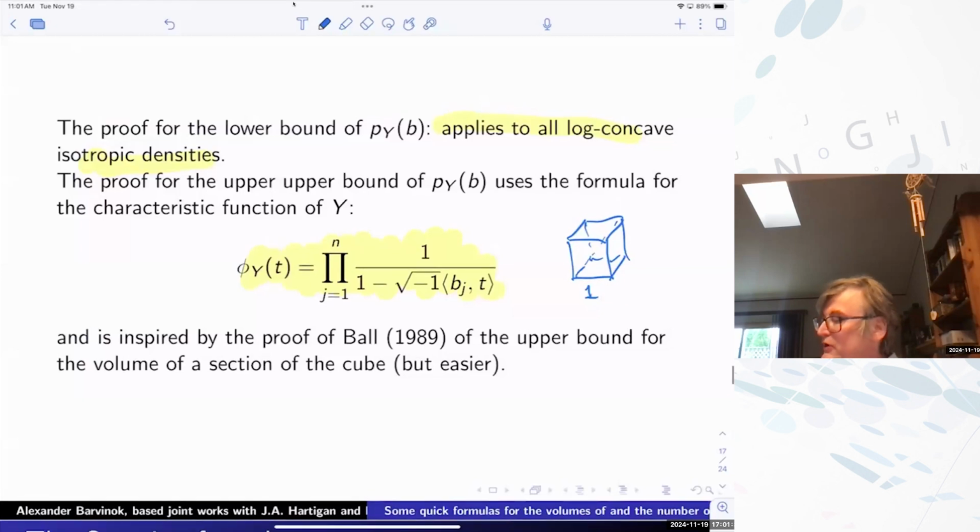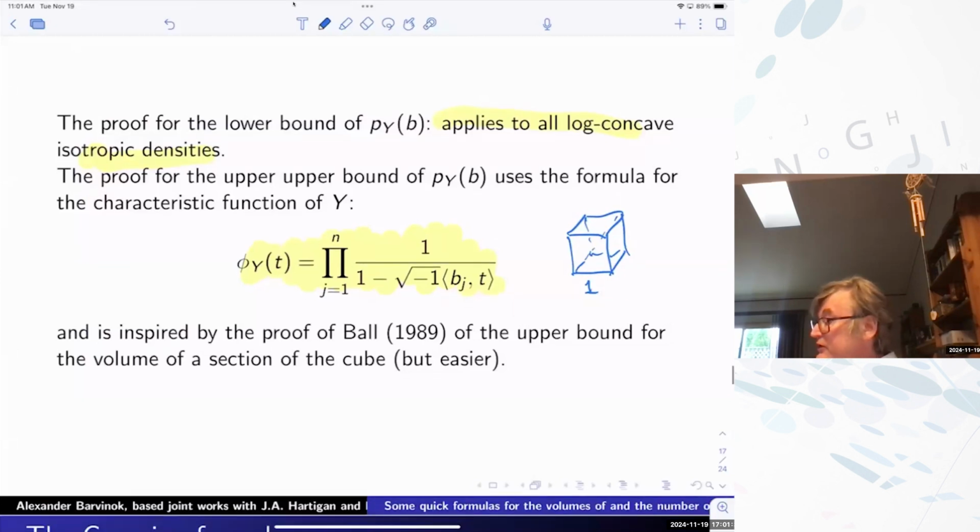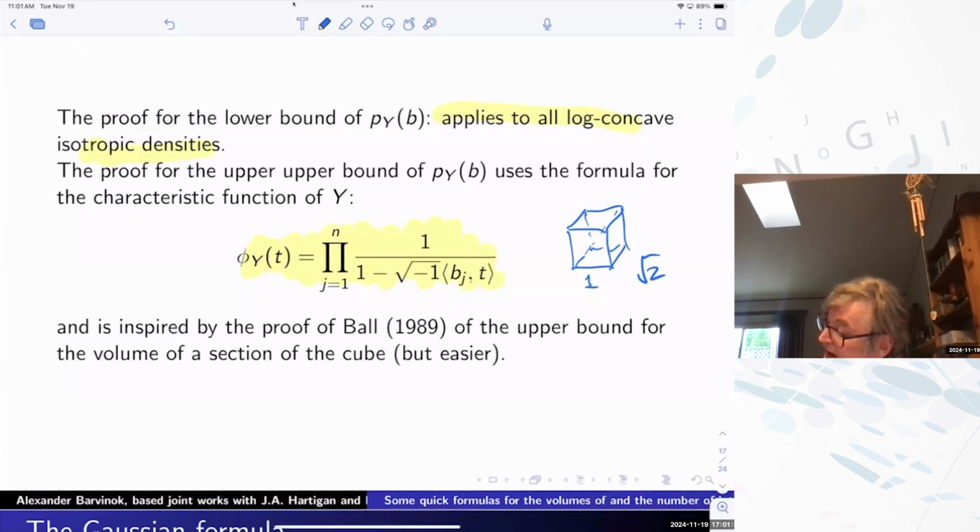So okay, do you mean perpendicular to the main diagonal? Yeah. No, it's actually square root of 2. So you take any two-dimensional face and draw a hyperplane through that. It's kind of remarkable, isn't it? Yeah. So it's square root of 2.